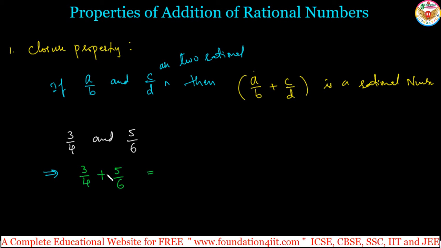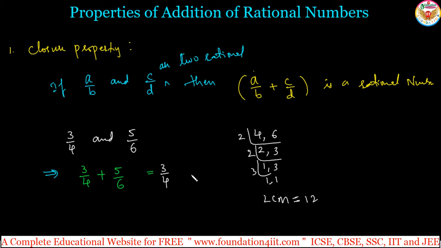To add rational numbers in fraction form, first you make the denominators the same. That means take the denominators and find the LCM first. 4 and 6 are the denominators, right? So take 4 comma 6 and find the LCM, the least common multiple. 2 ones are 2, 2 threes are 6, and we already know this. 2 ones are 2, then 3 ones are 3, then 1 1. So 2 fours are 8, 3 fours are 12. So the LCM is equal to 12. Now this LCM is 12. We should make the denominators 12 for both fractions, 3 by 4 as well as 5 by 6.